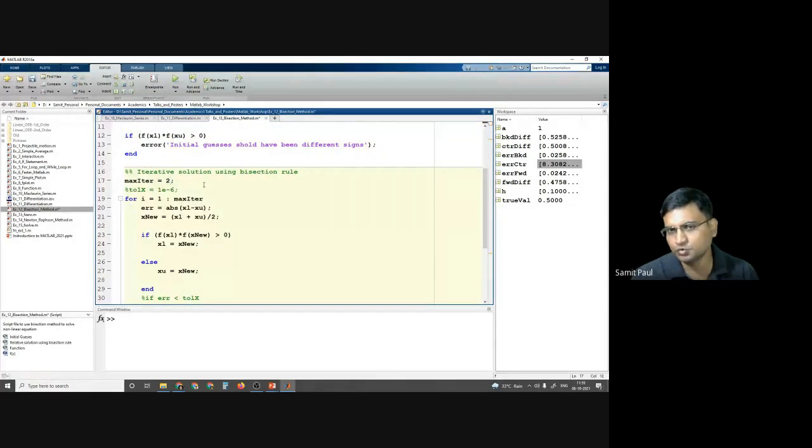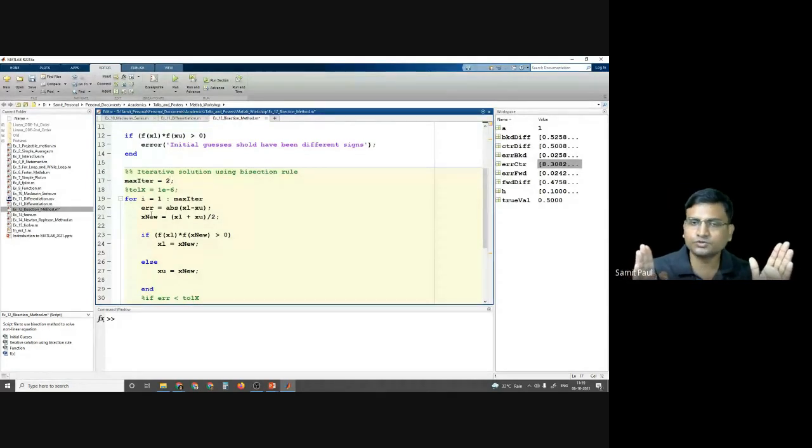And then we will do iterations. Say we will do 2 iterations. In the first iteration, we will first calculate the error. What is the error? The difference between XL and XU divided by those two numbers. And we are calculating X new, that's the average.